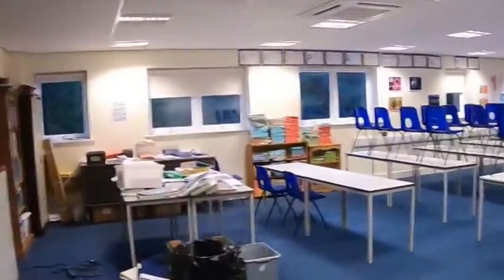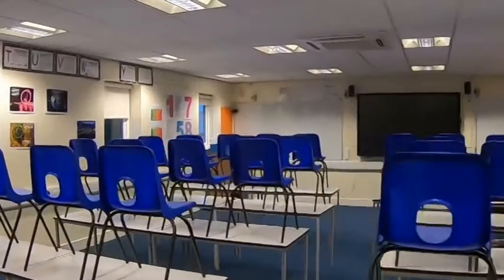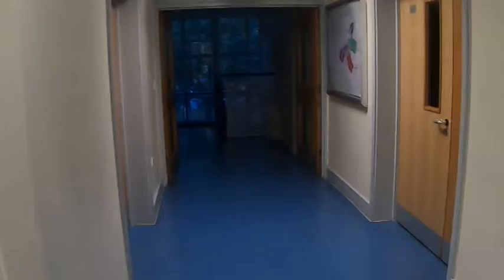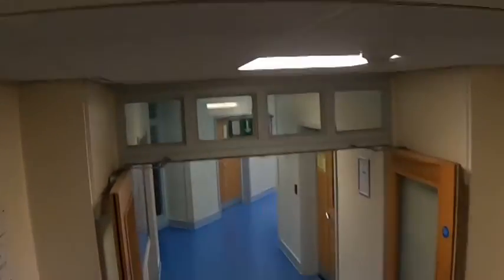So again, fairly standard classroom. Most of our classrooms will either have interactive whiteboards or interactive projectors. This one's got an interactive whiteboard. Maths department results have been absolutely outstanding for the last few years, and it's an exceptionally strong department. And again, we have a high number of students who do exceptionally well at GCSE who then go on to study in our sixth form, and obviously we are an IB school. So they do IB Maths, which is a really high quality qualification held in high esteem, and they do very